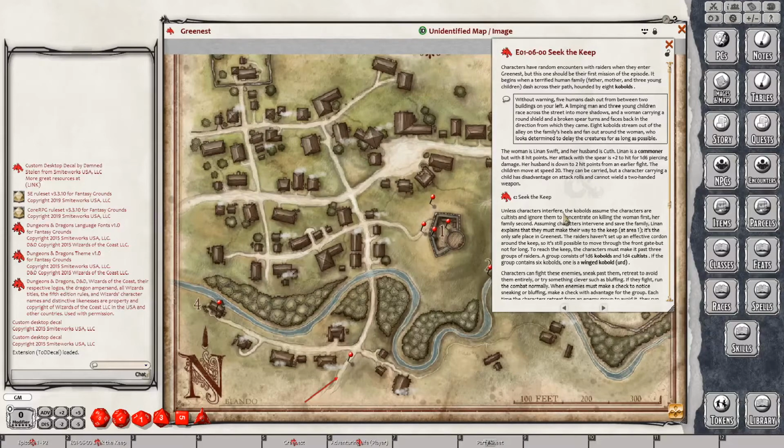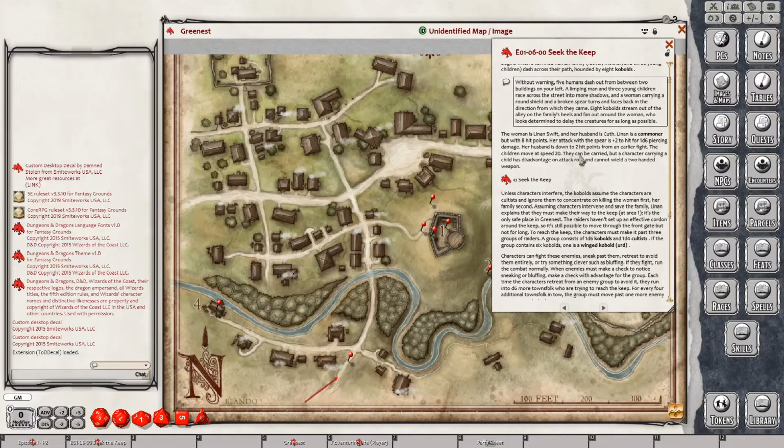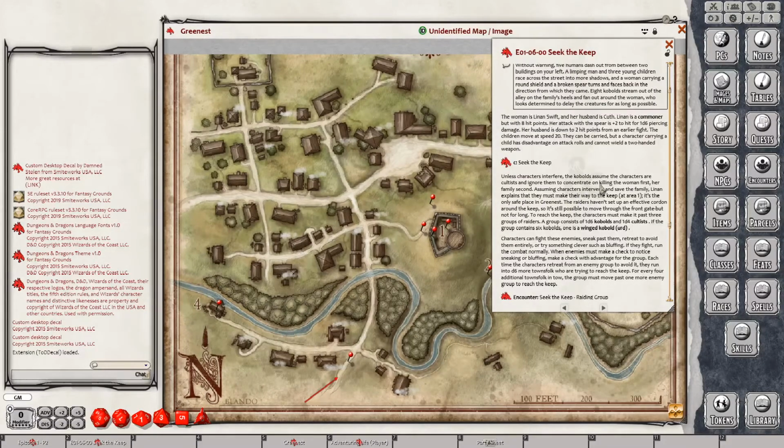I think we might want to do that. We might want to start with a counterattack first. That might make sense to do. So first we need to finish the last bits of entering. Assuming the characters are on their way. Characters...